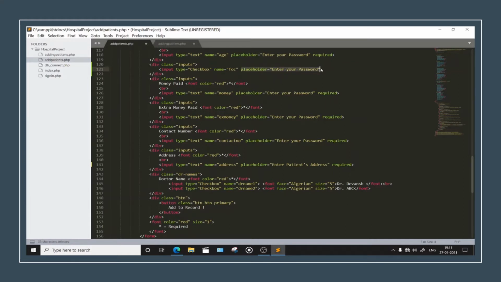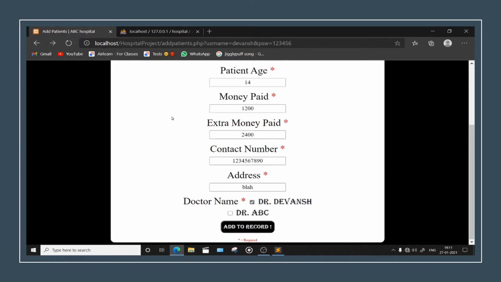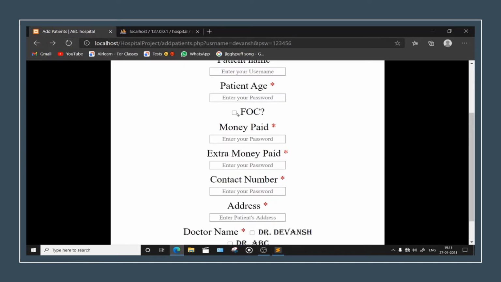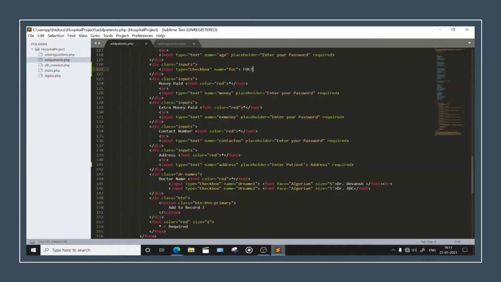The placeholder should have nothing, and in FOC you just need to type here like this. Okay, and refresh. Let's head back once again, refresh this page, and you get one stupid thing, right? All right, no problem.